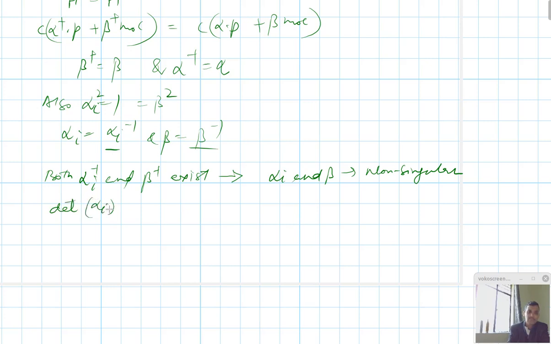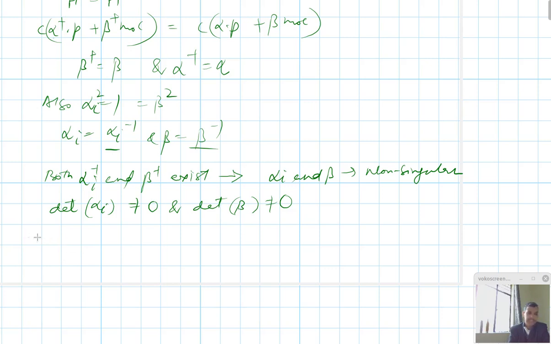They're non-singular. And what does that mean? That the determinant of alpha i must be non-zero, and similarly the determinant of beta must also be non-zero. So, therefore,